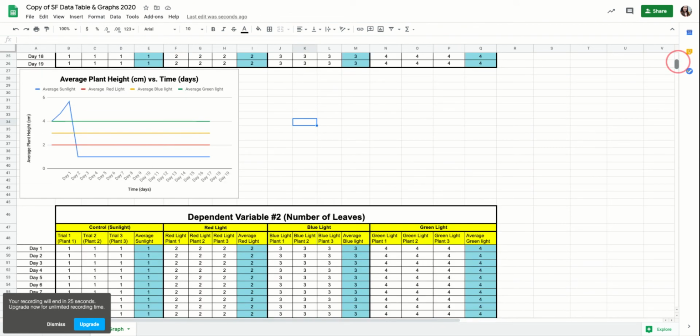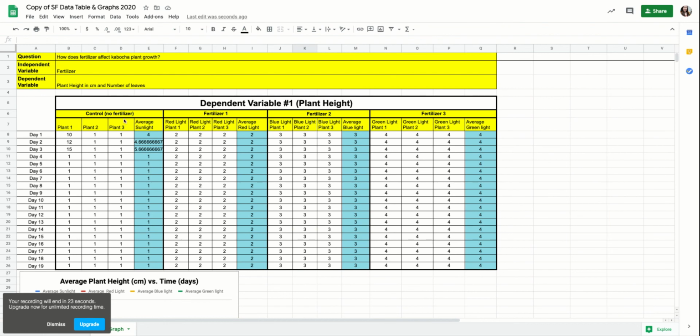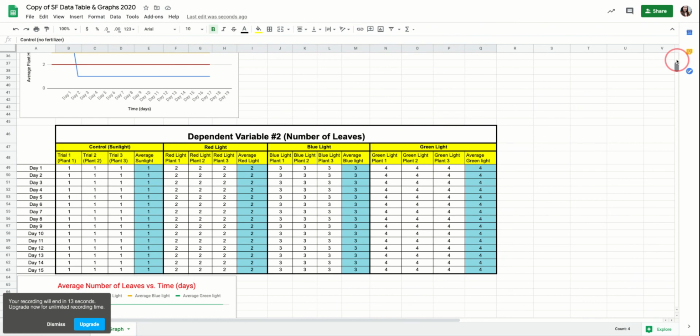Now you want to come over and do the exact same thing on your dependent variable number 2. So again, to make your life easier, what you can do is highlight these cells, Control C, and then you can come down here and click on the first box and hit Control V, and then same thing though, this time you want to insert your rows. So right click on it,